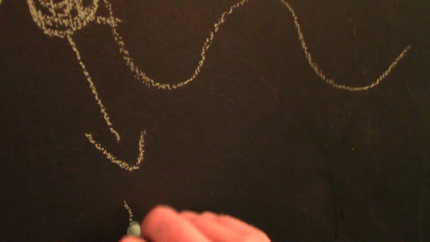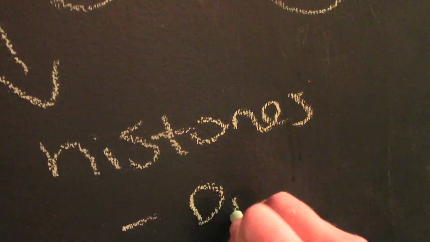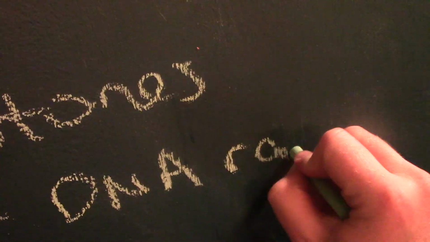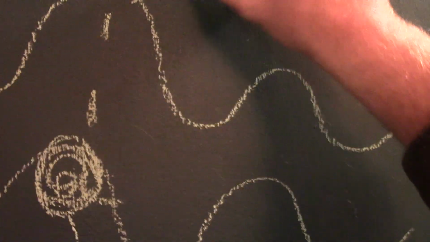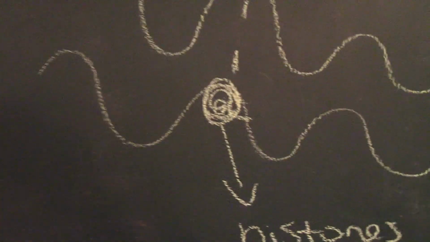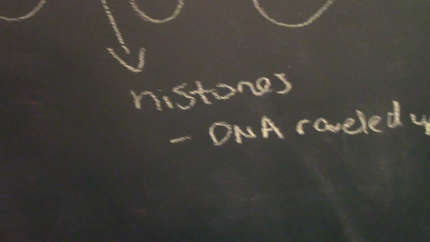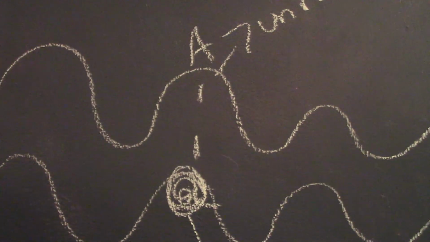What happens is these histones ravel and unravel DNA. So the DNA is raveled up here, and then the DNA is unraveled. Histones determine which alleles are expressed, so forms of genes, and which ones